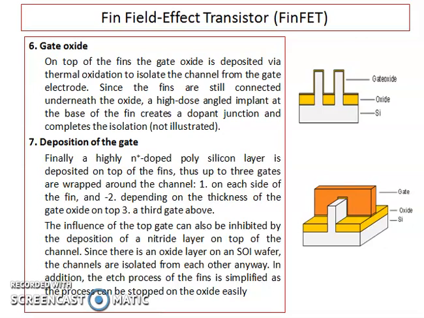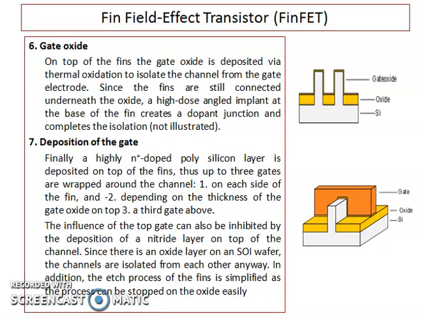Then the last process is deposition of the gate. This is a very important process. And finally, a highly N plus doped polysilicon layer is deposited on the top of the fins. Up to 3 gates are wrapped around the channel, one on each side of the fin, and next, depending on the thickness of the gate oxide on the top, a third gate above the surface. The influence of the top gate can also be inhibited by the deposition of a nitride layer on the top